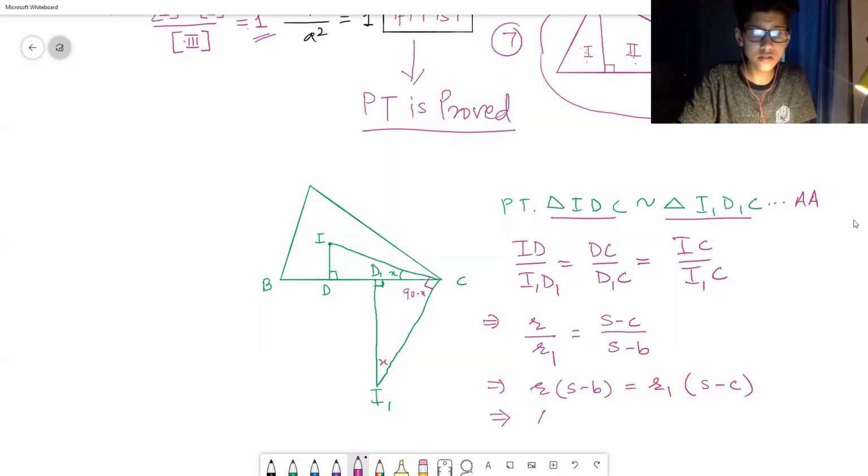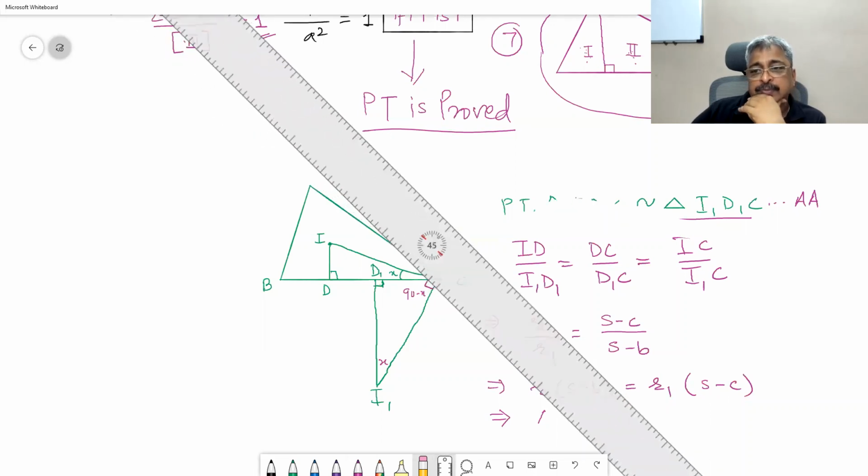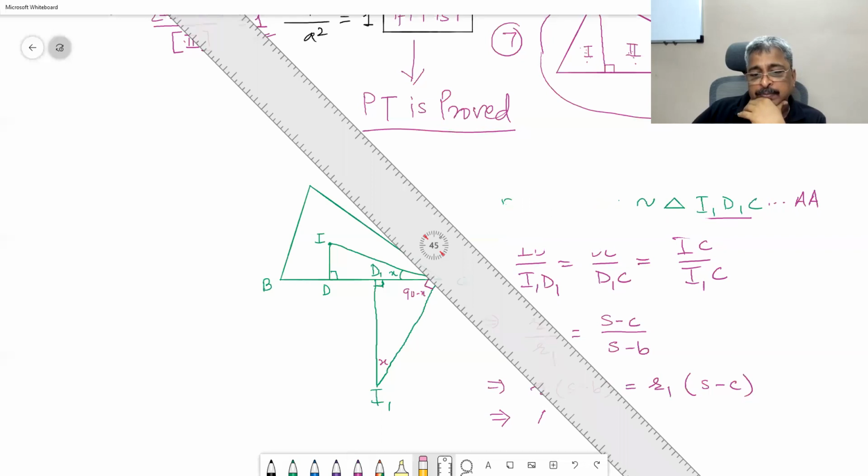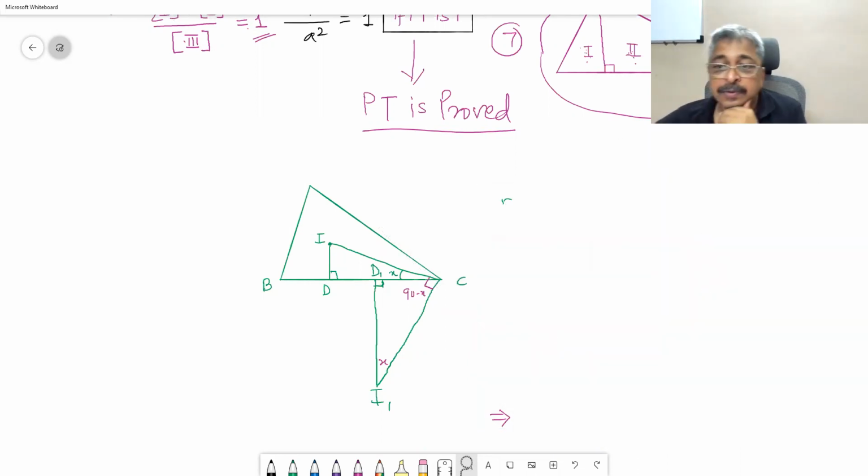No. Sir, I think the similarity is a complete mess up. The names are wrong and therefore I am getting some weird result. So you will have to wait for some time. And my Microsoft Whiteboard is also behaving very badly. Delete. Okay, let me do it again. Green is not a good color.